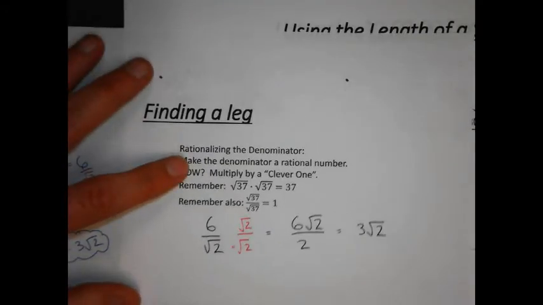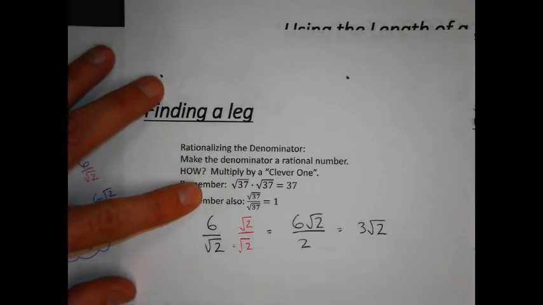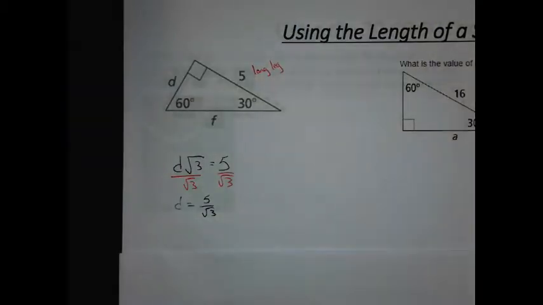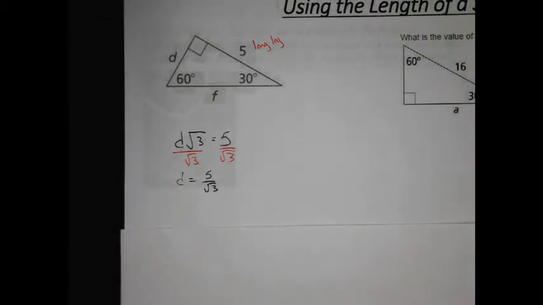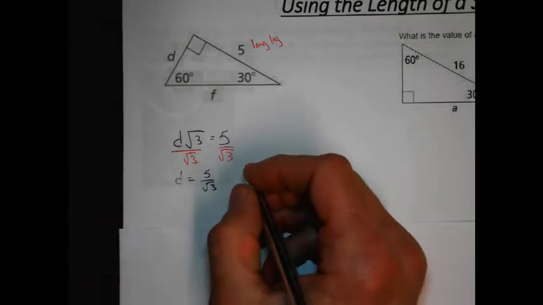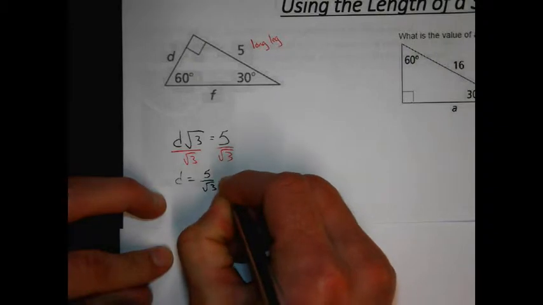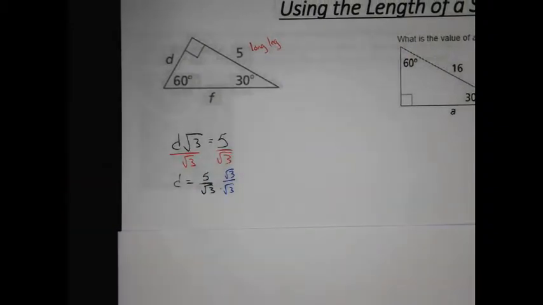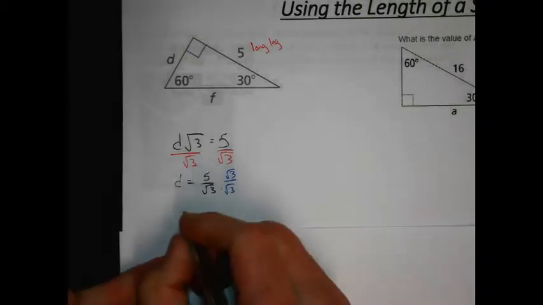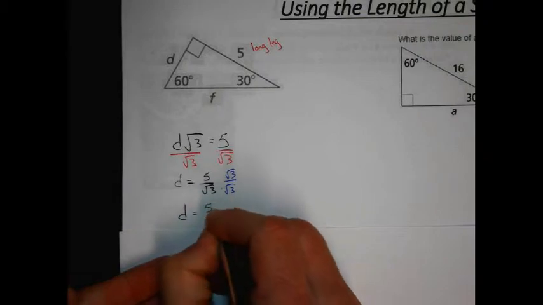The quick shortcut is what we talked about here. Remember this from the previous lesson. We multiply by a clever 1. We have to do the same thing right here. So we can't have a square root of 3 in the denominator. What do we do? We multiply by a clever 1. And in this case, the clever 1 is going to be the square root of 3 over the square root of 3. Okay? So our D then, our short leg, is going to be 5 times the square root of